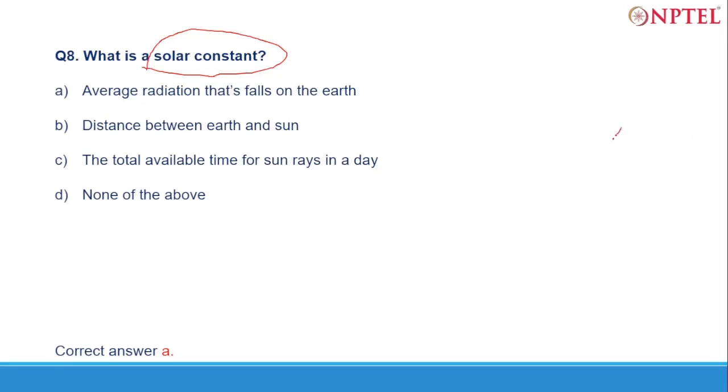So this is the Earth's surface, this is the Sun. You know the sun rays travel in a straight line. When it reaches the atmosphere,